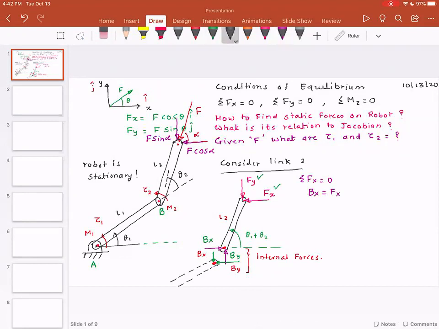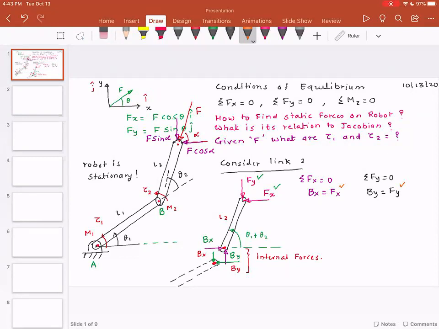Then the next equation is summation of f of y is equal to 0. And in this case, b of y is equal to f of y. In this case too, f of y is known. That means b of y can be found out. But here, one thing I want you to note is that